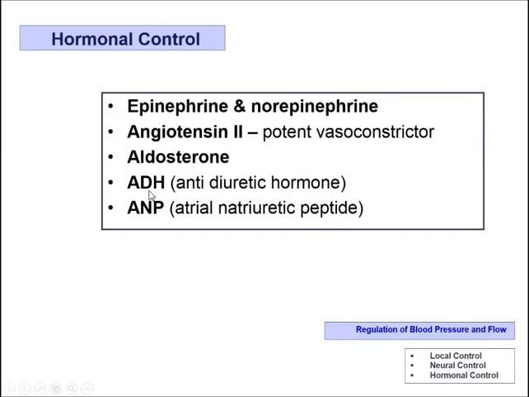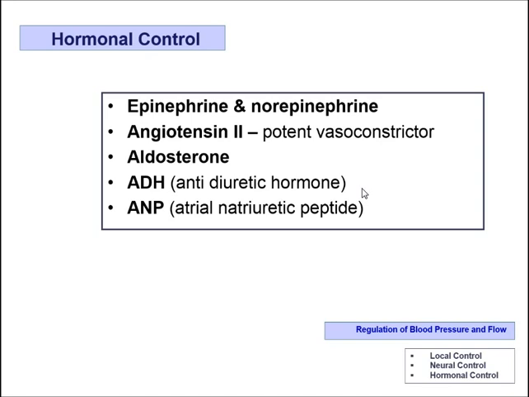So if we look back at our box for hormonal control of blood pressure and flow, we still have 2 remaining hormones that we want to talk about. Let's look at antidiuretic hormone. Well, that name just by itself should tell you what its action is. Let me just put it in question form. What does a diuretic do? Right. It makes you urinate. It makes you create urine and then get rid of it. So you'll find yourself urinating more.